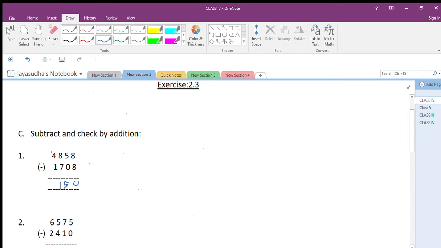Okay children, here 4 minus 1. 4 is the greater number, so subtract. 4 minus 1: 4 in the mind, 1 on the finger. Before 4, what? 3. Any number minus 1, you get the before number, that is the predecessor. I thought you already knew. So the before number is the predecessor.